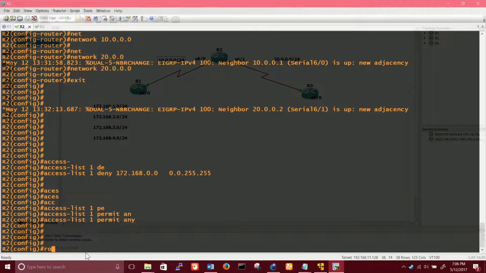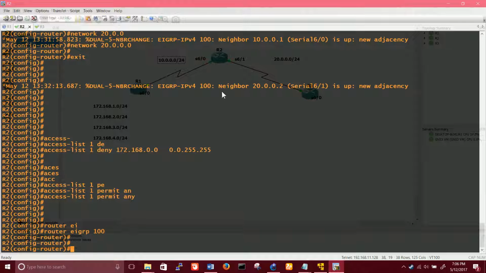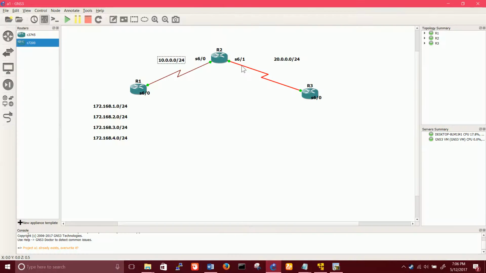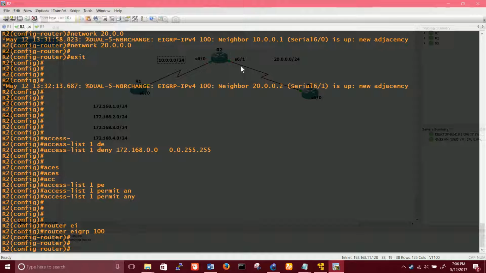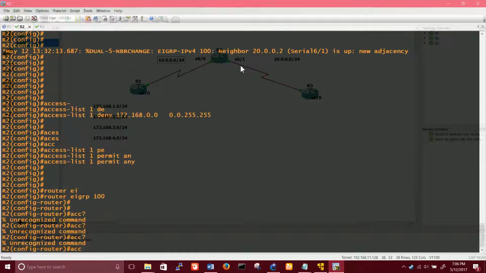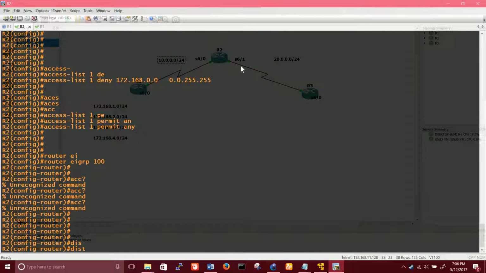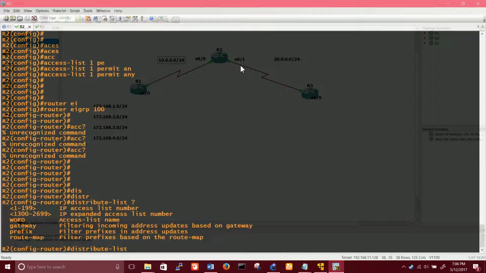Now I will go to the EIGRP router, EIGRP 100, interface. We have to apply it, but in our case the interface is 6.1. But first, see, do we have any command that's saying access list? No. The real tool, the utility, is distribute list and question mark. What are these? These are, as I told you, a lot of security mechanisms.